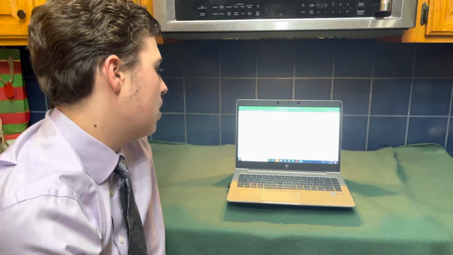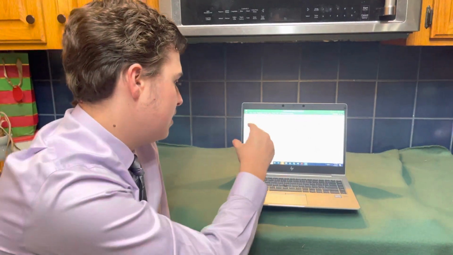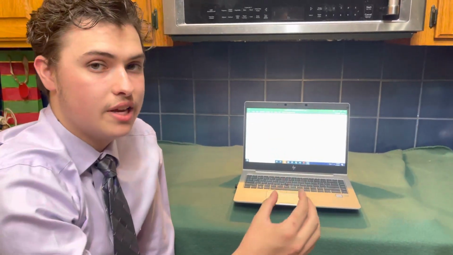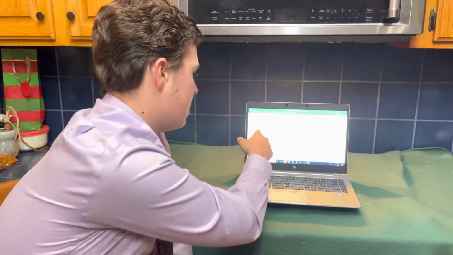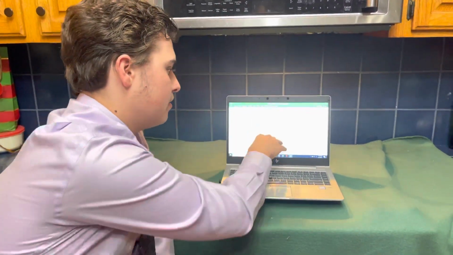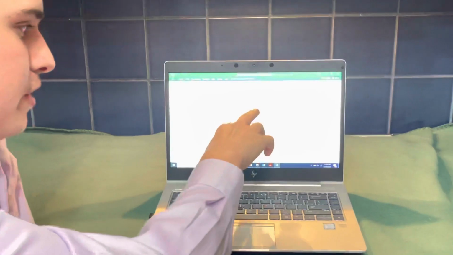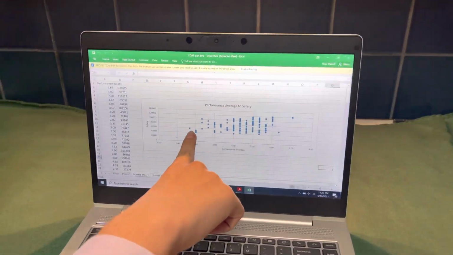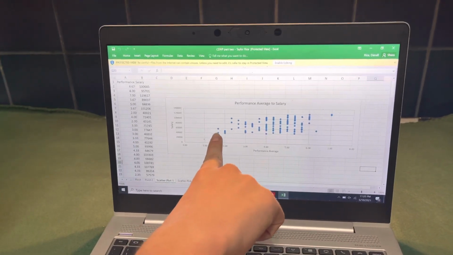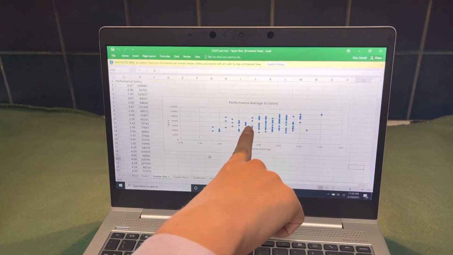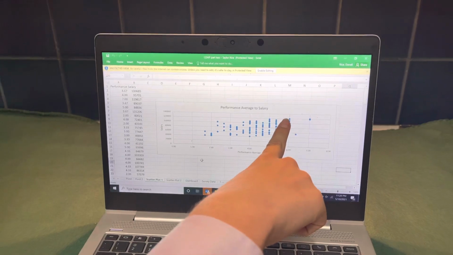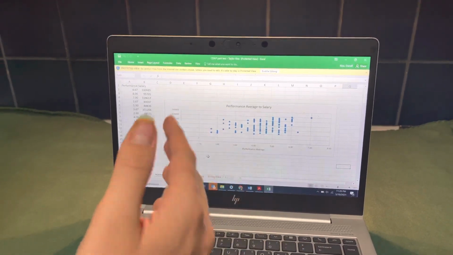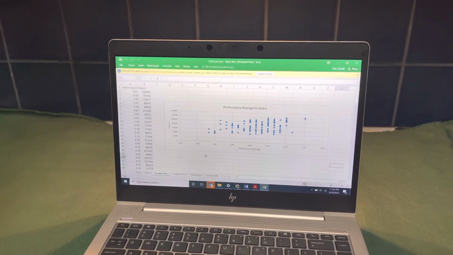So performance average to salary shows the data and the correlation between the performance averages, how well they're doing, and the salaries. While it's a scatter plot, so there's a few outliers, it does show pretty consistently that the higher performance you have, the higher salary you have, which I feel can benefit the company.